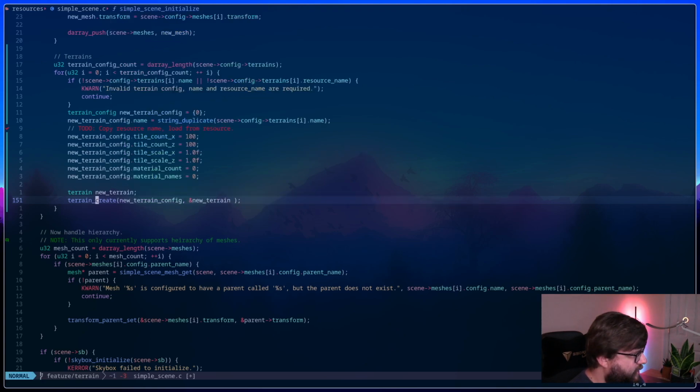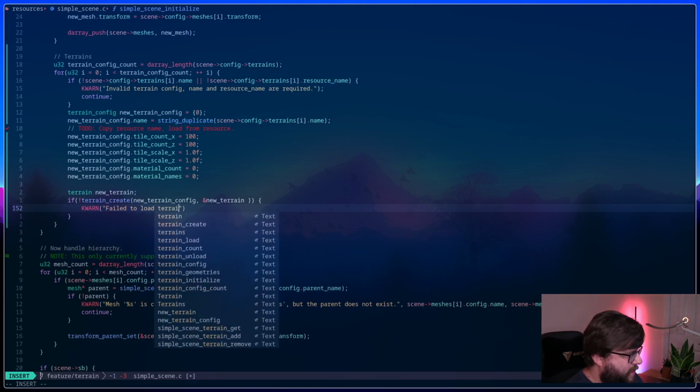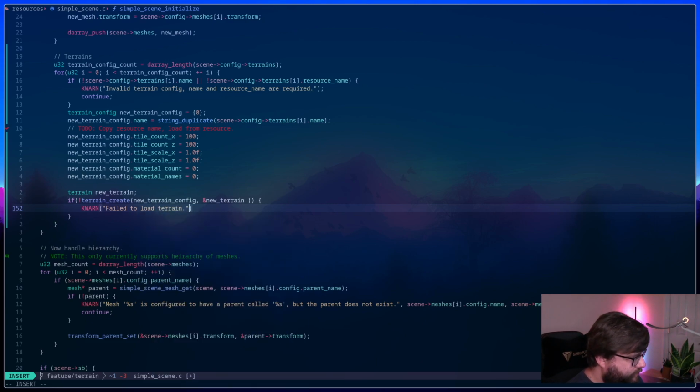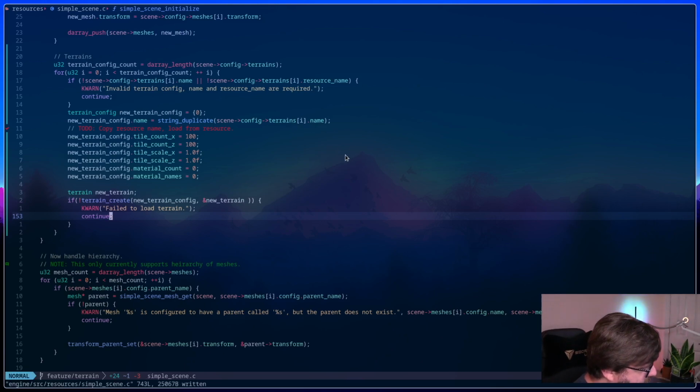It does. So we'll say if not this, then we will log failed to load terrain, and I guess we'll continue. Right, we don't want to abort the entire load process if terrain fails to load, but